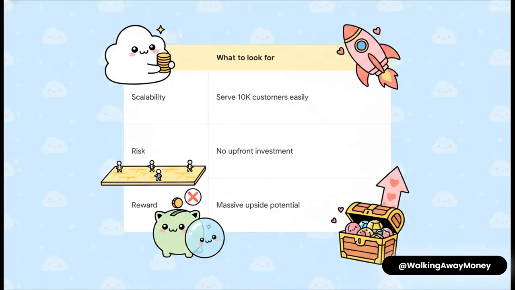Instead of digging through the trash bucket, we really need to evaluate everything using the source's 3 lazy model criteria: scalability, risk, and reward. Now, don't get me wrong, being lazy in this context doesn't mean sitting on the couch doing absolutely nothing. It's just a term for high-leverage efficiency. You're looking for a model where you can serve a massive audience without putting in extra effort, with almost 0 upfront financial risk, and incredible upside potential if you nail it.